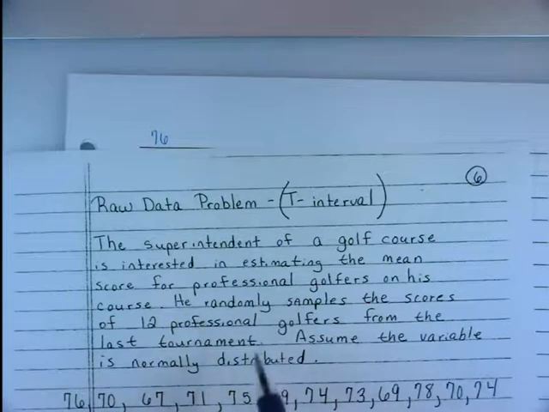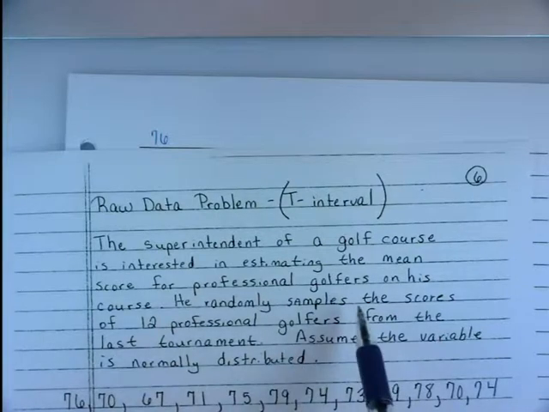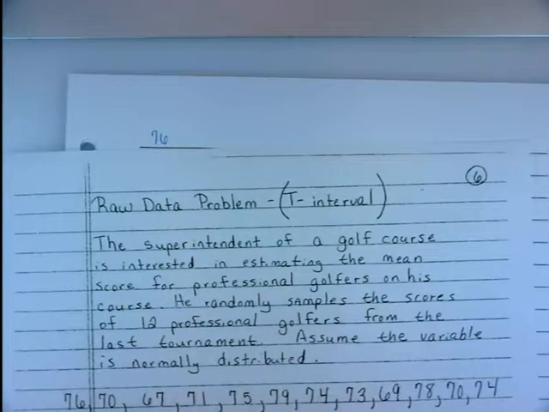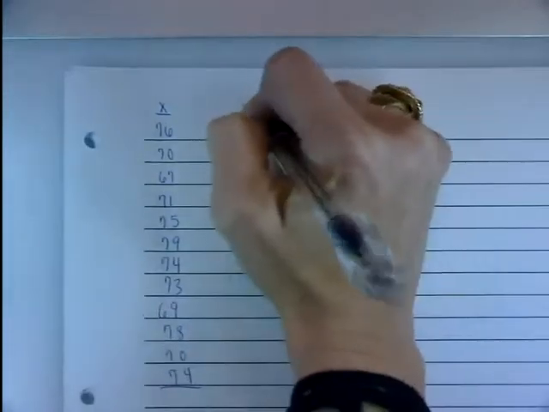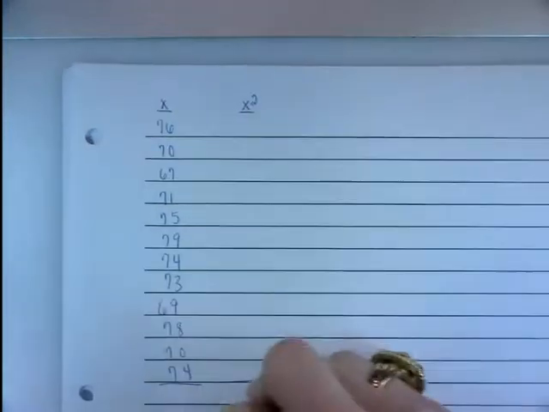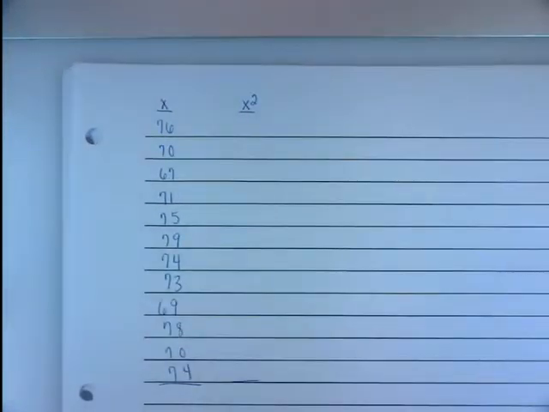The word problem does not give population standard deviation. When you read this, you cannot find standard deviation anywhere. Since it is raw data, you will have to find the standard deviation. This would be the X column, and then you need an X squared column. For those of you that do not have a TI-84 calculator,